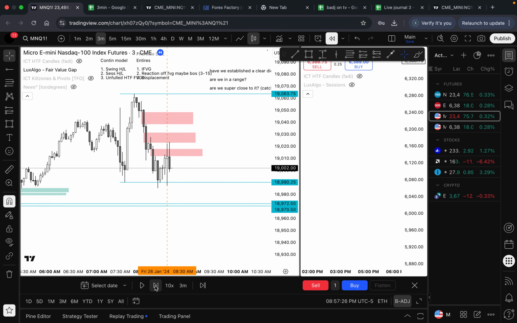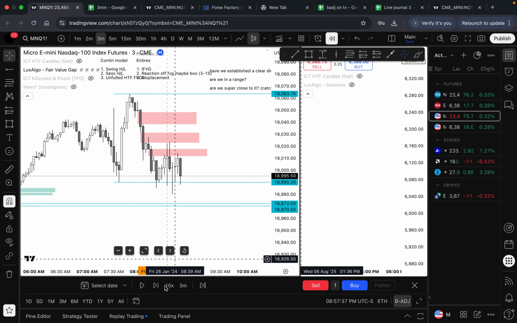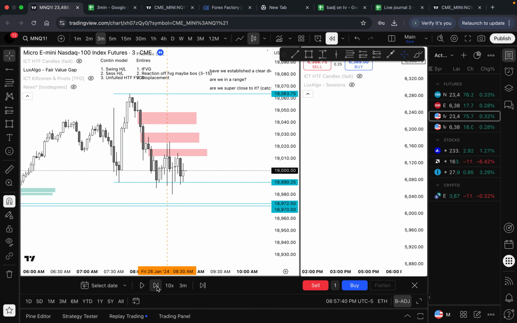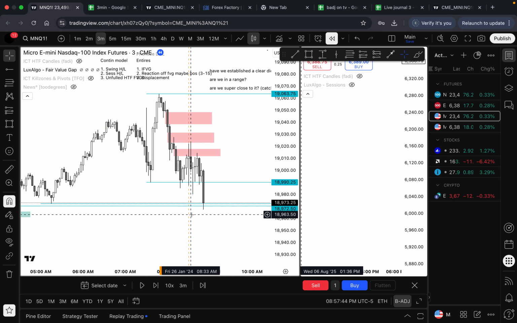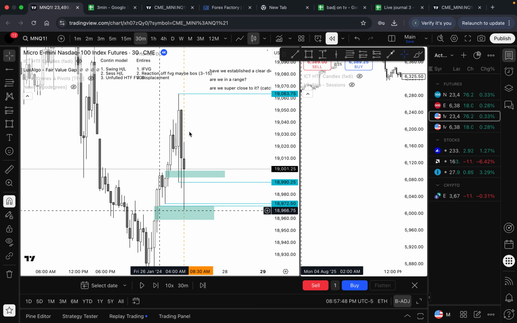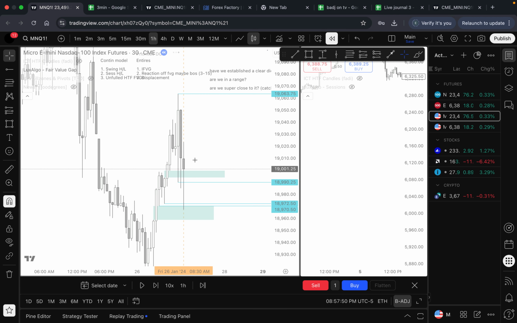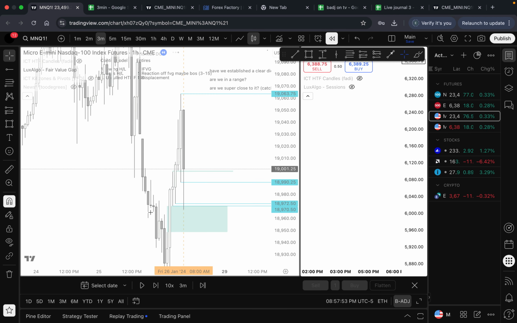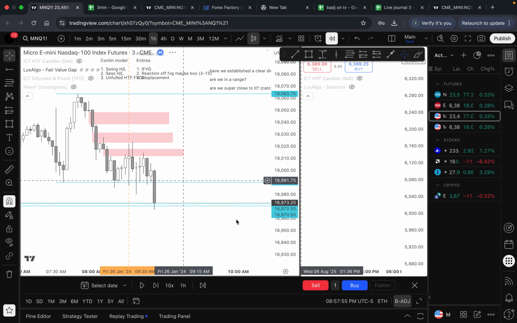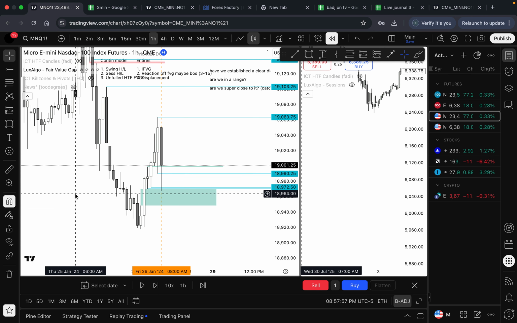So we're chopping. See, we get a push down. Okay, we wicked that. I'm not taking that. Not taking that. A push down. I'd probably give it one more candle, to be honest. Nope, we're chopping right now. And displace down, and we get it without an entry. So let me just make sure. Let me see. Okay, so we're actually bearish on the 30-minute. 1 hour is probably super bullish though. Yep. So I'm chill with taking whatever is offered to me on both sides.